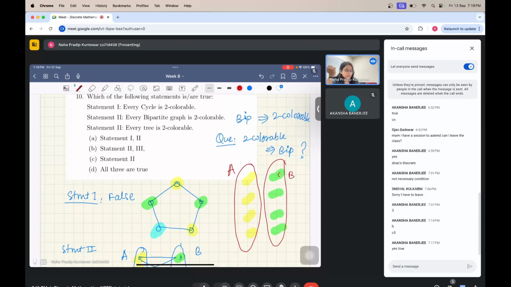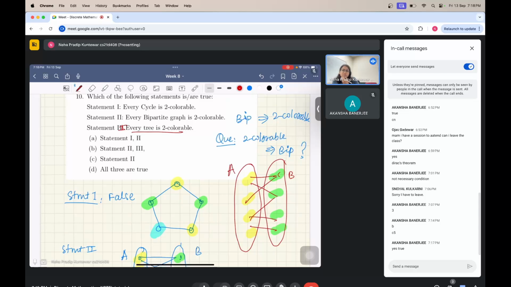B, and then you know that the edges go across them, because otherwise it would not have been a two colorable graph if there were an edge between yellow colored or green colored vertices amongst themselves. So it's the same idea but in the opposite direction. So it's in fact an if and only if statement. So in order to show statement 3,